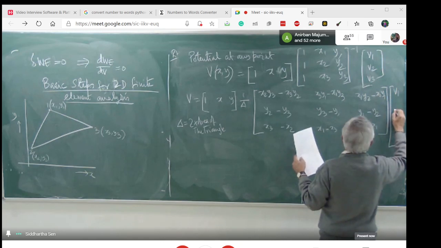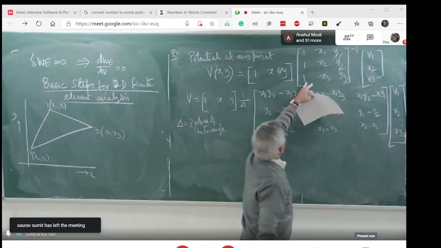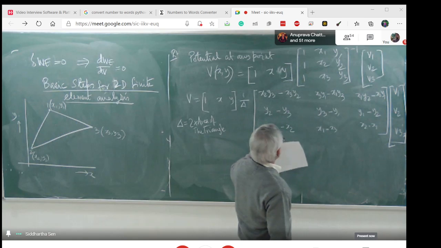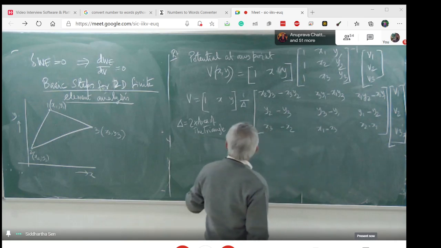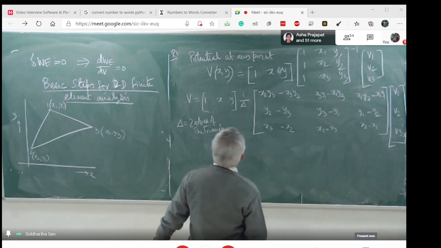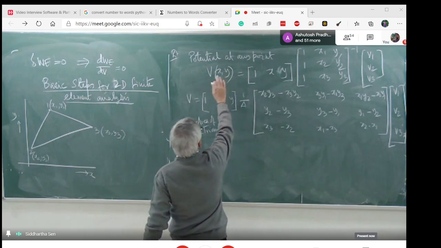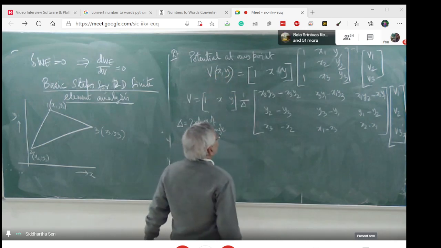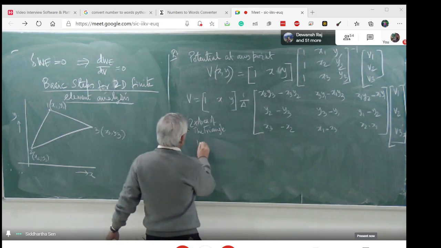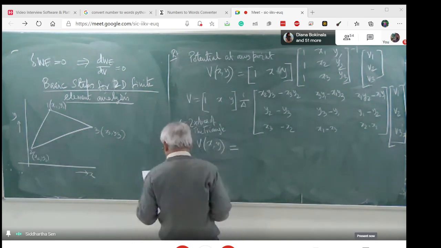V1, V2 and V3. So this is basically the inversion of this matrix, but I may have done it wrong, so please check it once again there. Okay. So what we can say from this way, you will get some V of this one, which is a scalar quantity. In a general way, I can say that V of x, y can be expressed as